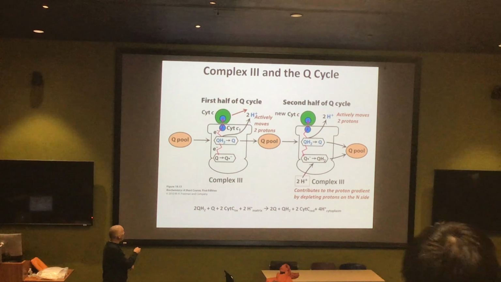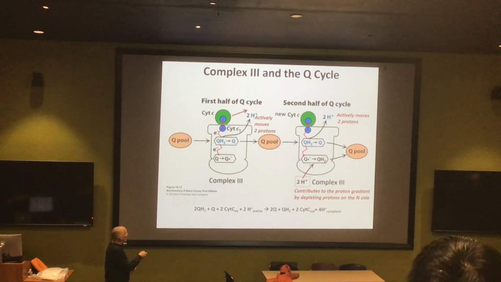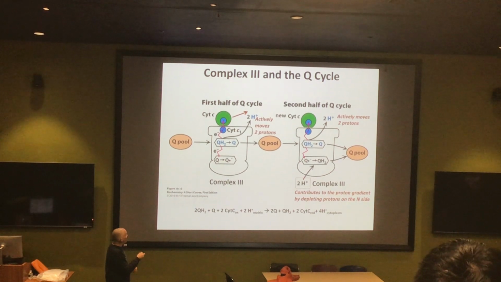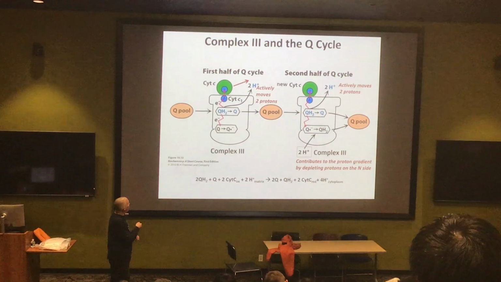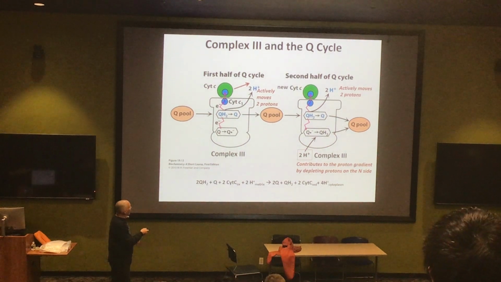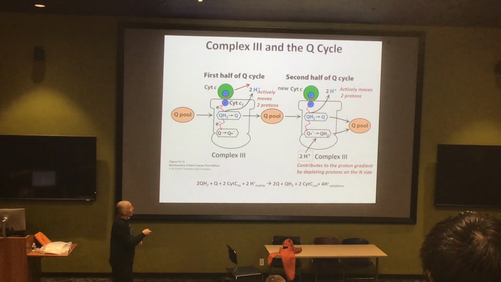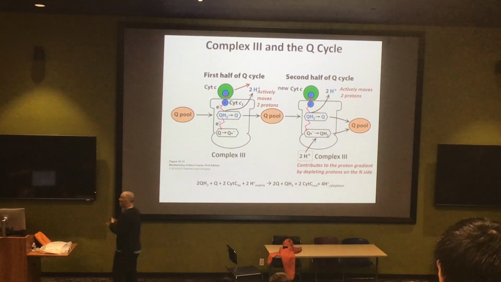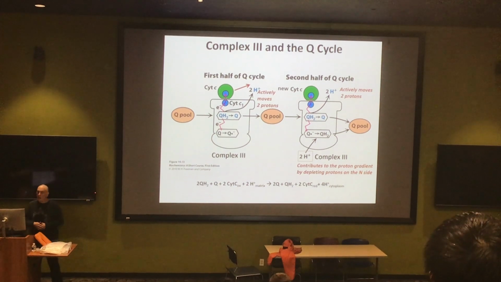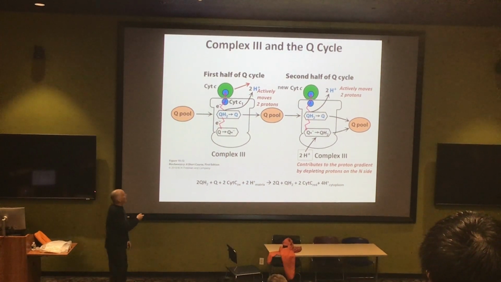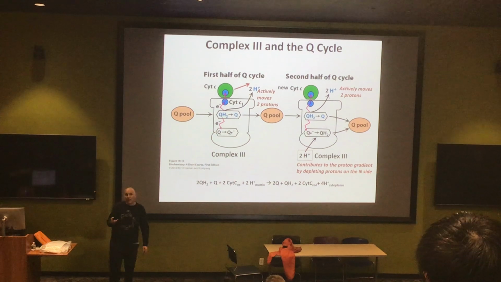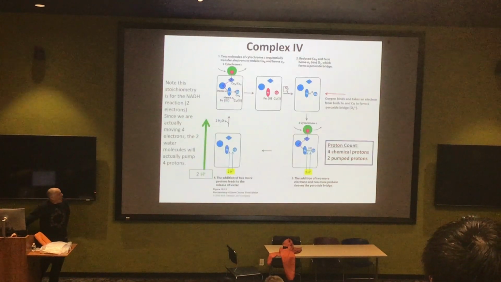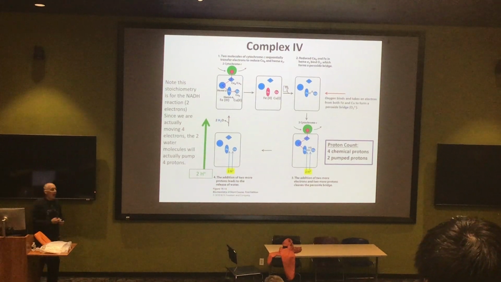So we generated the quinone, it left. We put another quinone, it left. Those electrons were moved forward, a pair of them, but the other half of them were used to reduce this fully oxidized quinone into a fully reduced quinone, which then went back into the Q pool, only to repeat the process again. So it took multiple electrons to move those forward, but that's okay, because each time we were able to pump 2 protons, so we pumped another proton across the membrane, so now we've pumped 8 protons. All right, finally we reach our last complex.